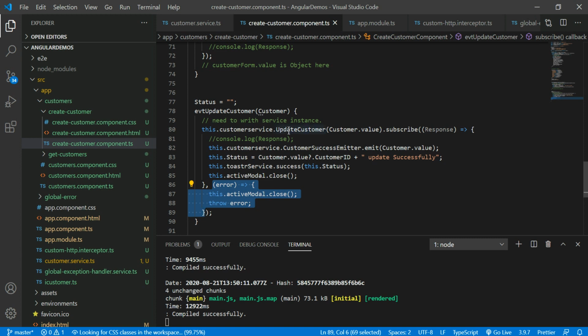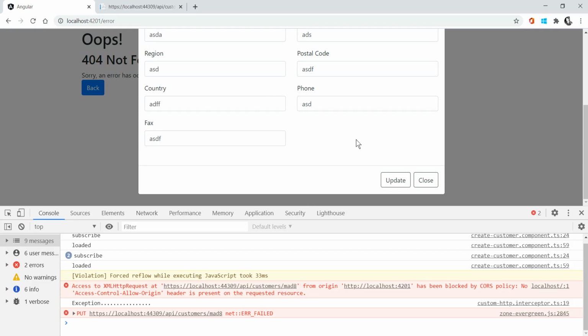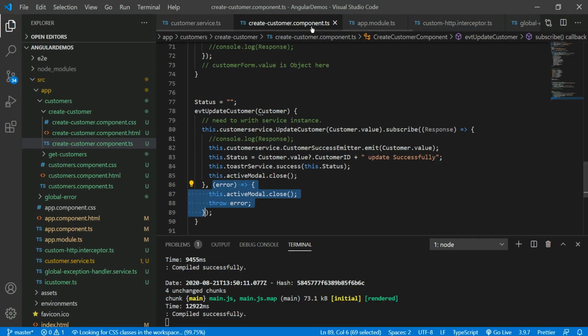Once the subscribe method is executed, then you can handle the error here. Right now, the error is handled by the HTTP interceptors once I get the response from the web server, and that happens before the subscribe method.